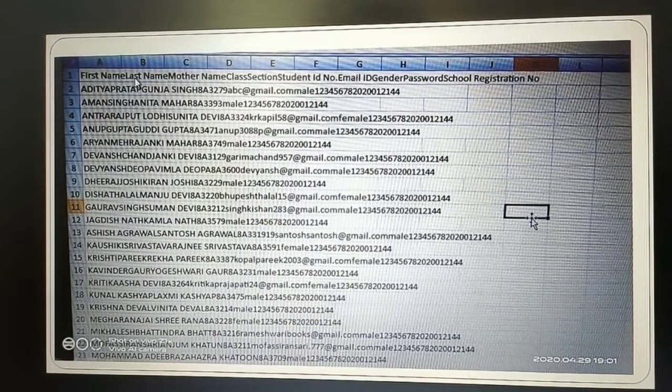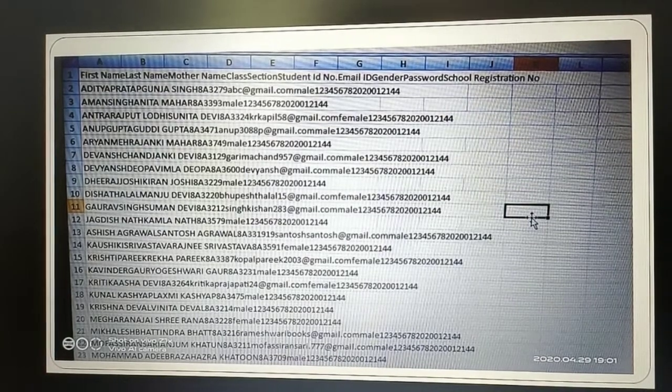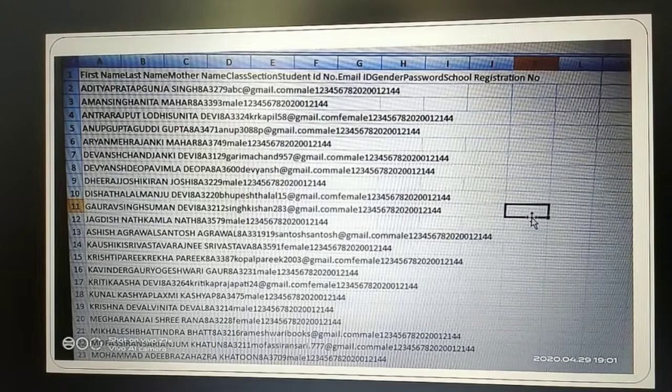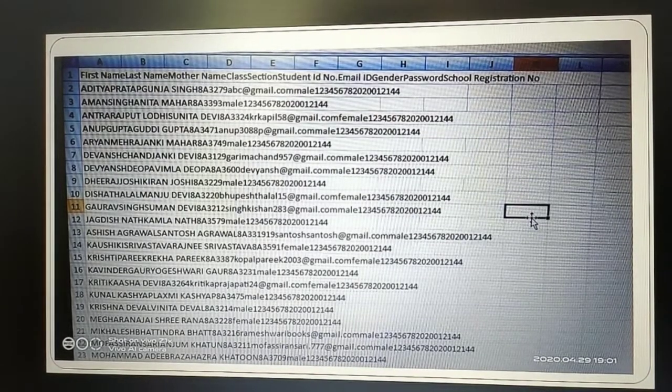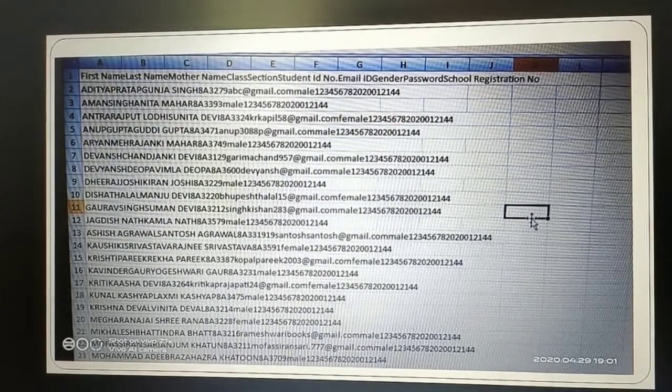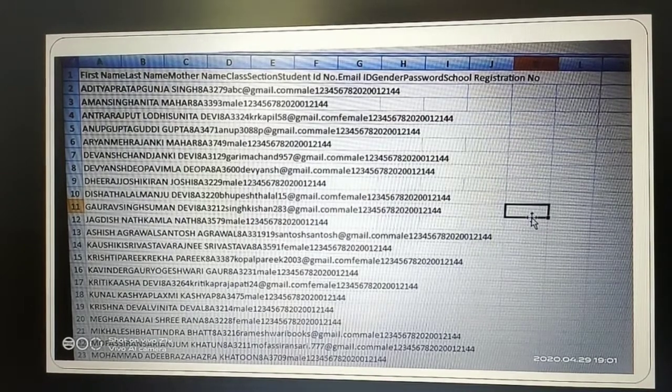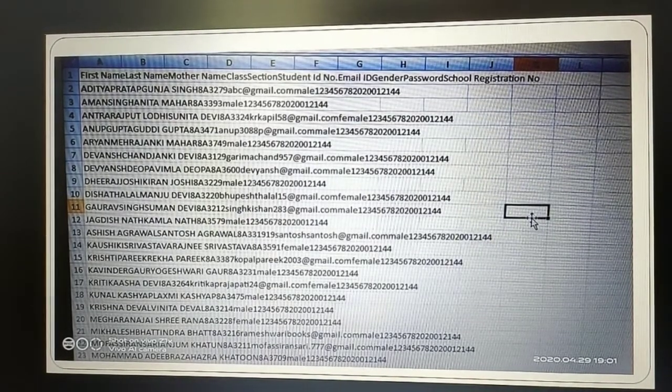Here you see name, last name, mother name. It looks like Excel, but the data is different. This type of data we can store, and that is called a CSV file. With the help of a CSV file you can import and export that data, and you can handle such data easily.